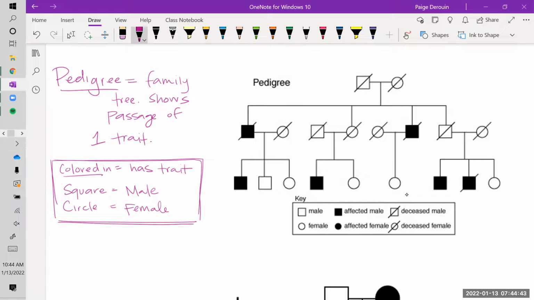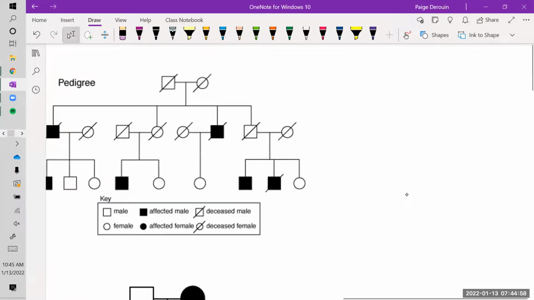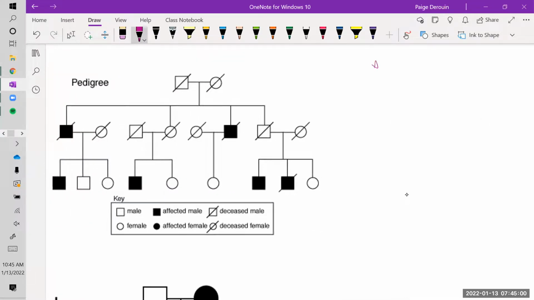So what's cool about pedigrees is that you can use them to figure out whether a trait is dominant, recessive, sex-linked, or autosomal, which autosomal just means not sex-linked, not linked to the X chromosome. So over here, I'm going to make us a little guide. Won't let me though. Okay, so if the trait is dominant, what you're going to see is that you could have